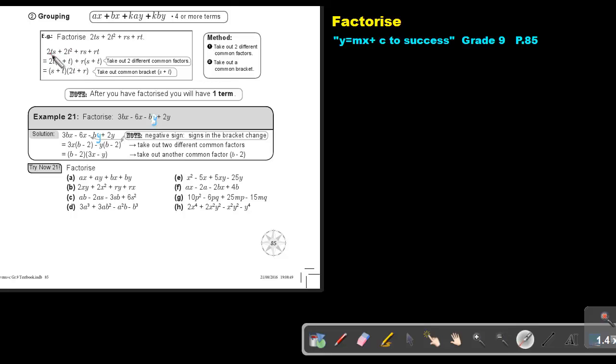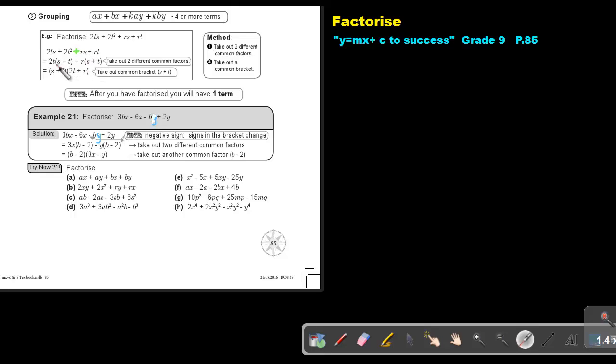What common factor can I take out? I can take out 2 and I can take out t out of the first 2 terms. If I divide, it's s. If I divide, it's t. Now, if you see a positive standing there, remember what I said. It's like a green robot. You don't have to focus too much on the signs. Your signs will work out. So write the positive, take out r as a common factor, divide, you will get s, divide, you will get plus t. Exactly the same sign there.